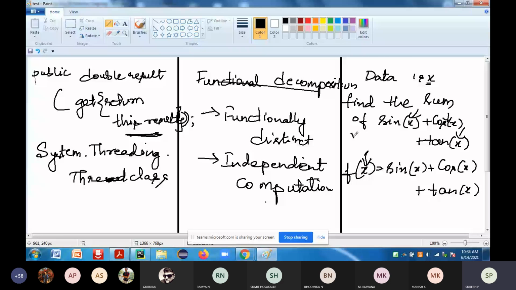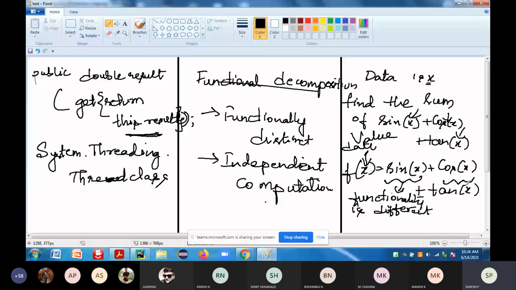When the functionality is different, all these different functionalities have to be divided into different units of work and calculated.